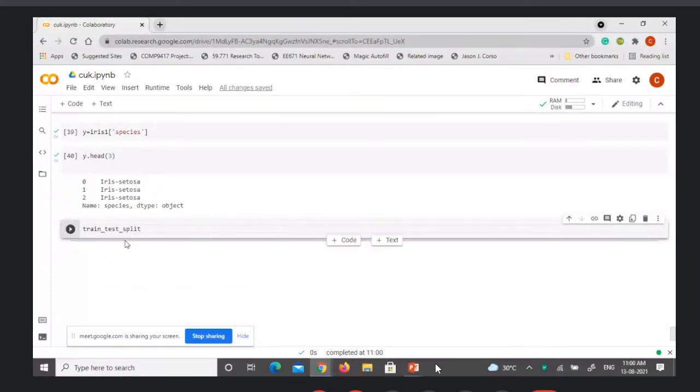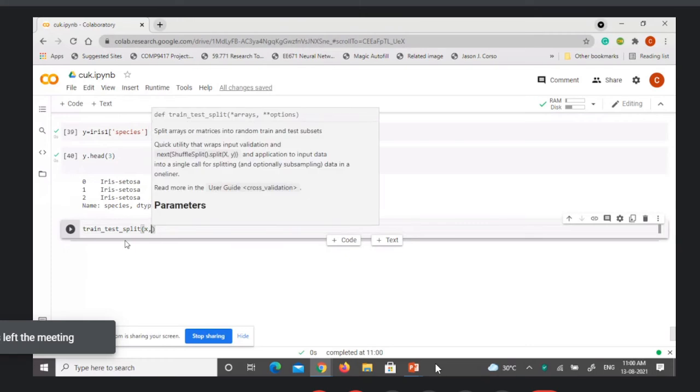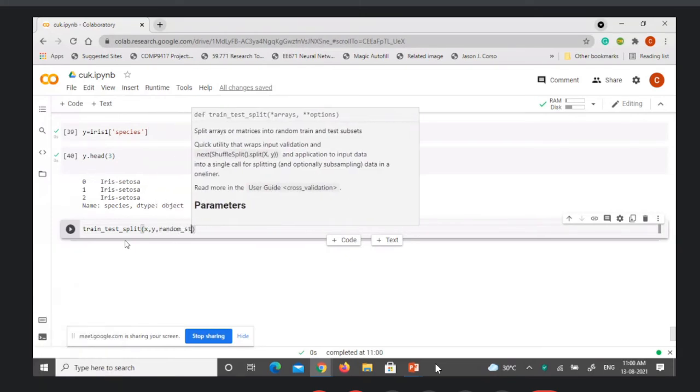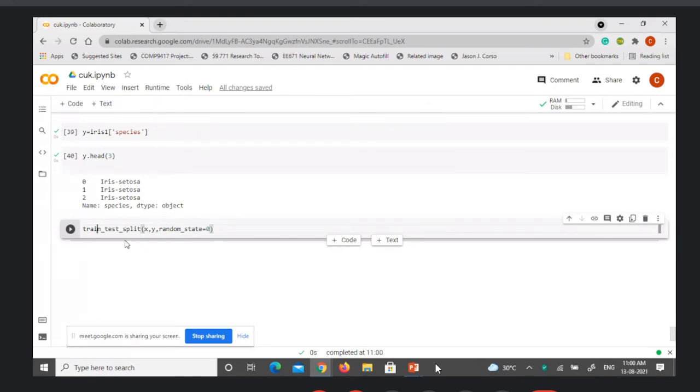So train test split of our data on X and Y, using random state equal to 0. This will return 4 variables: X train, X test, Y train, and Y test.